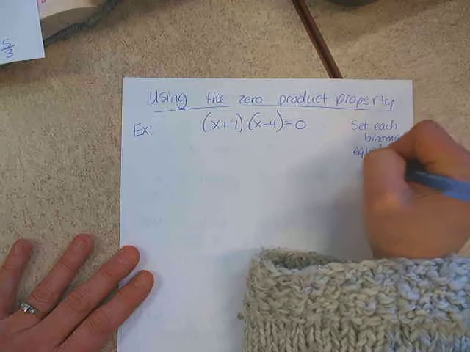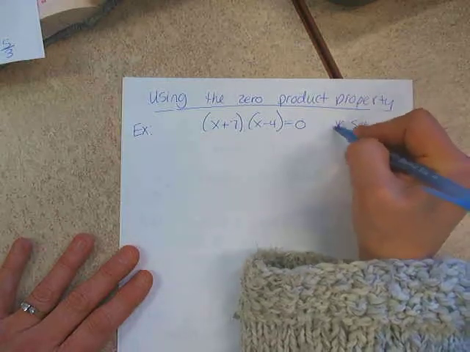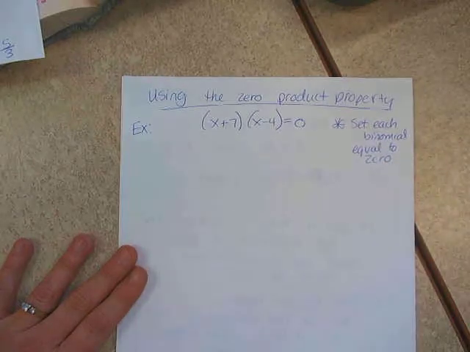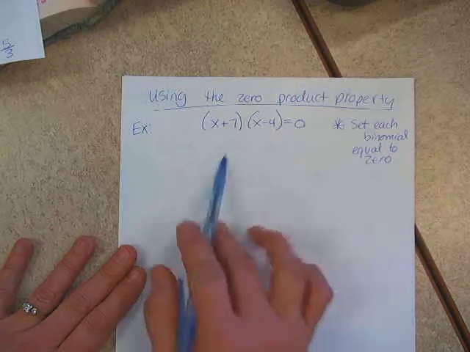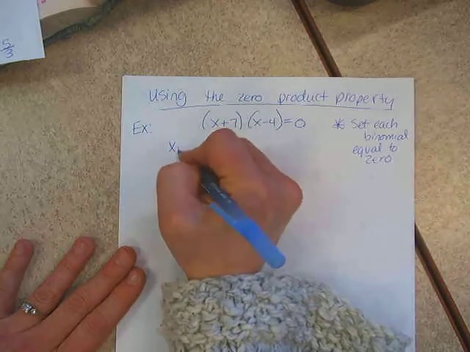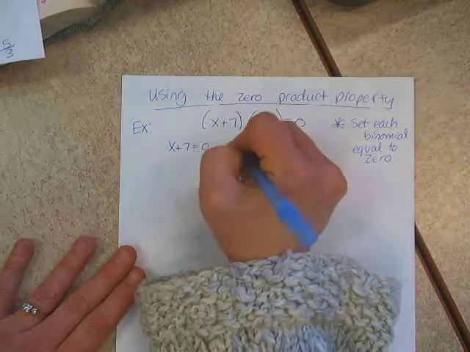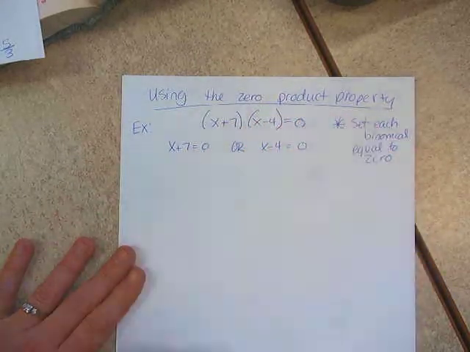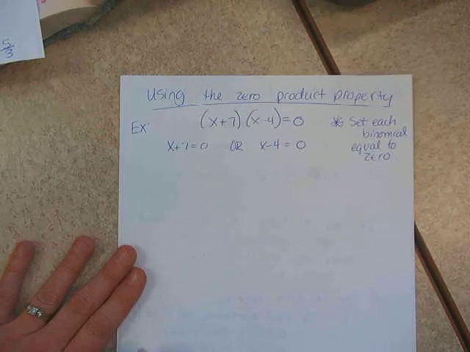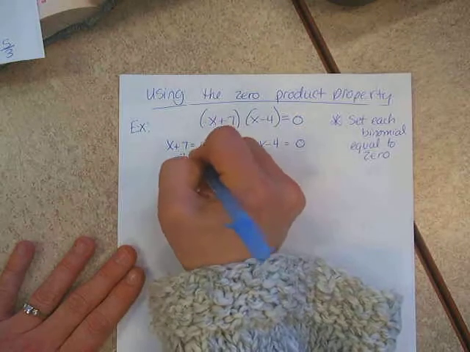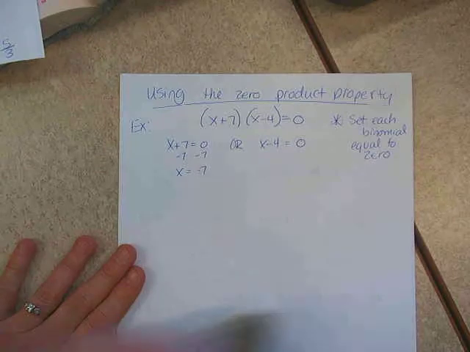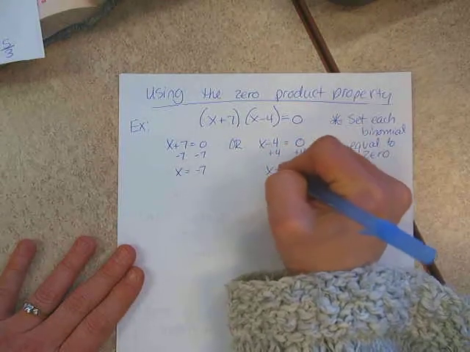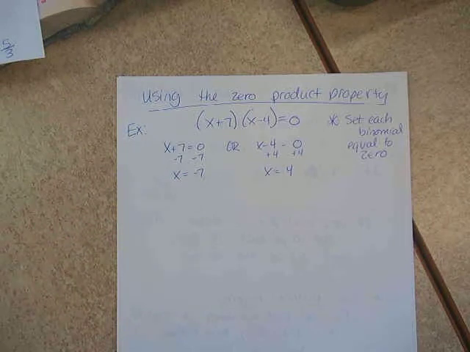So the first step is set each binomial equal to 0. And I generally do one here and one there, separated by or, okay? So x plus 7 equals 0, or x minus 4 equals 0. Subtract 7, so x would be negative 7,